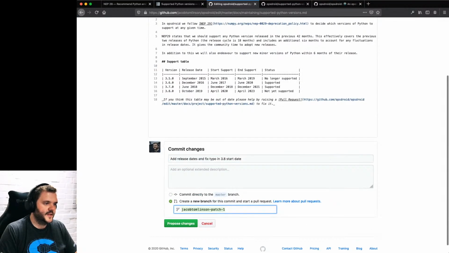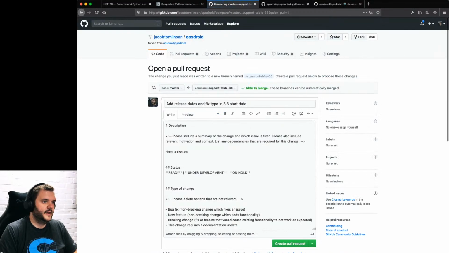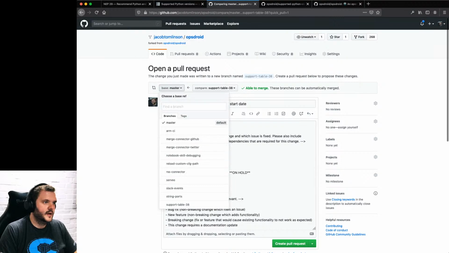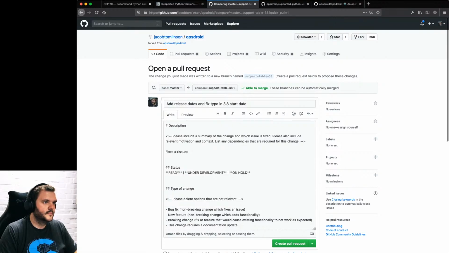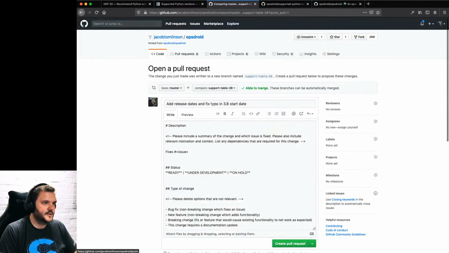I'm just going to make a new branch for this. Just say support table 3.8. So making a new branch. But then I don't want to make a pull request into my master branch.